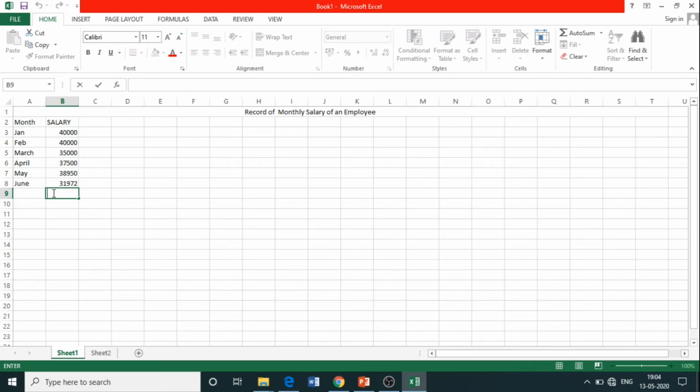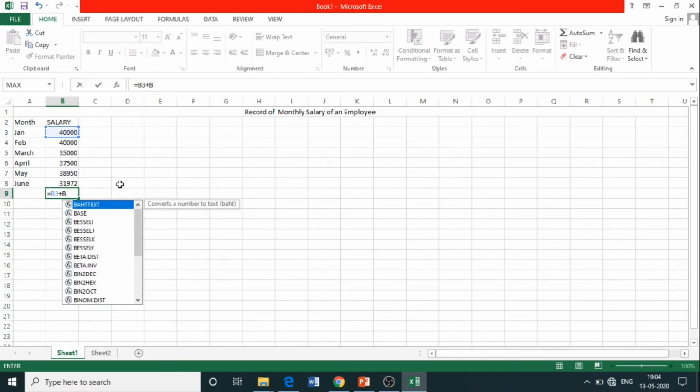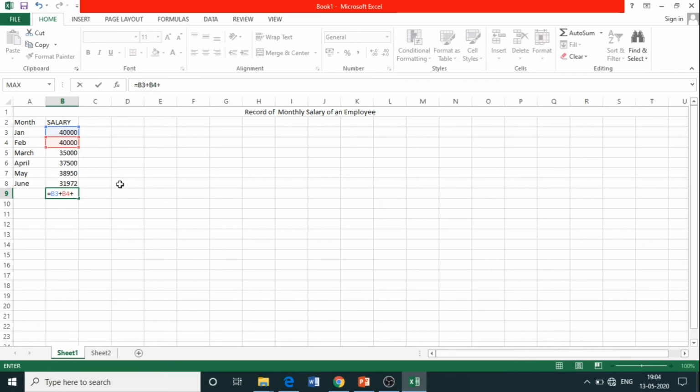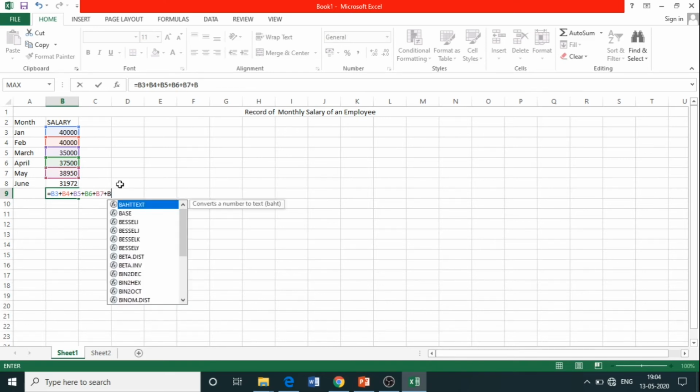We are going to start our formula with an equal to sign. After that, what is the cell address? It is B3. So I'm going to write B3. See, as soon as I write the cell address here, that cell is selected, right? After that, plus, write down the operator, B4 plus B5 plus B6 plus B7 plus B8.